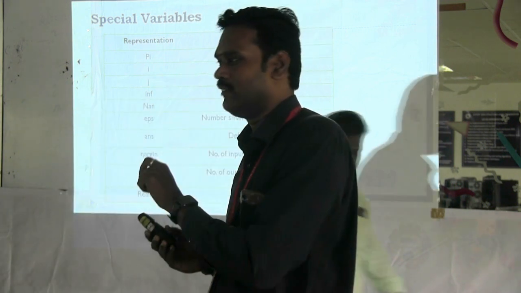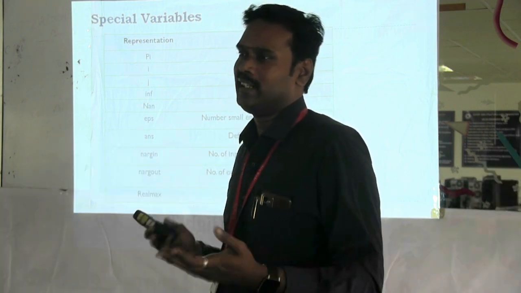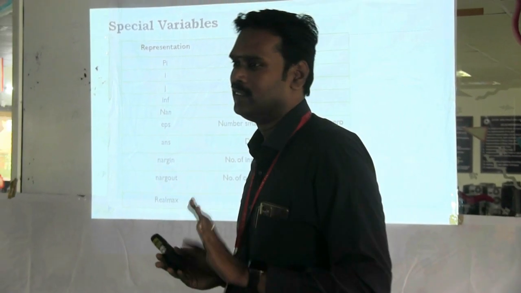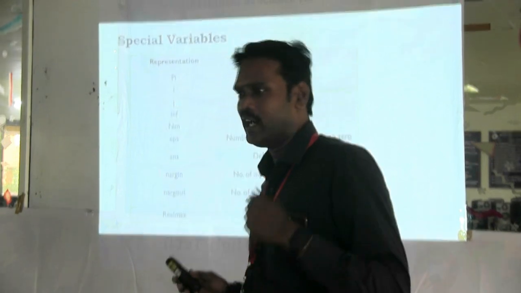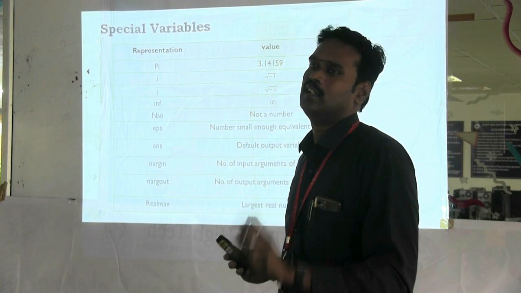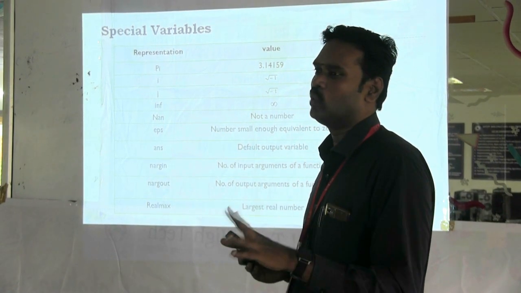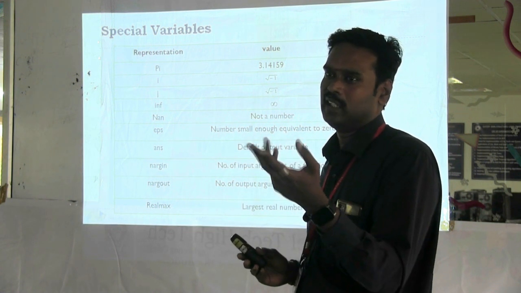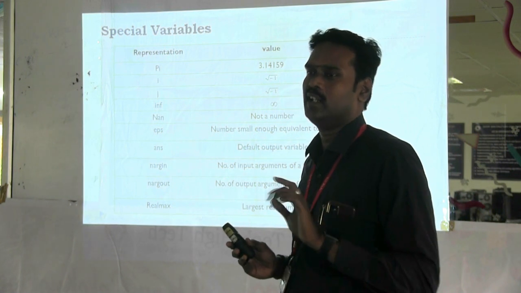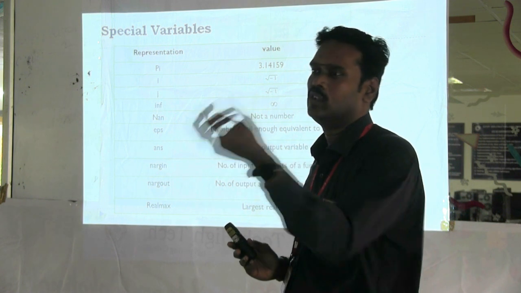A, B, C are constants, X, Y, Z are variables. All are alphabets only. We will tell it to be a variable, then it is a variable. Suppose I say X, Y, Z is a constant, then it is a constant only, it's not a variable. Similarly, the system doesn't know whether it is a variable or a constant. So we have to tell which is the variable and which is the constant. A equal to 2 means the system takes it only after that. A equal to 2, B equal to 3. Otherwise the system doesn't know. If A equal to is typed directly, an error only will come. Nothing will happen. Okay. So first of all, what is a variable, what is a constant, we want to give the input